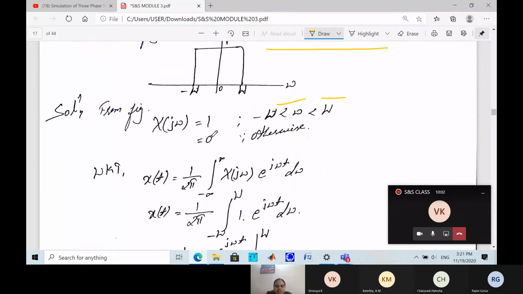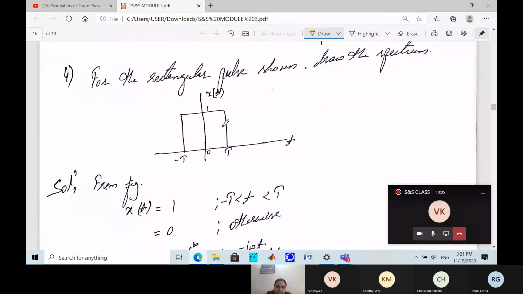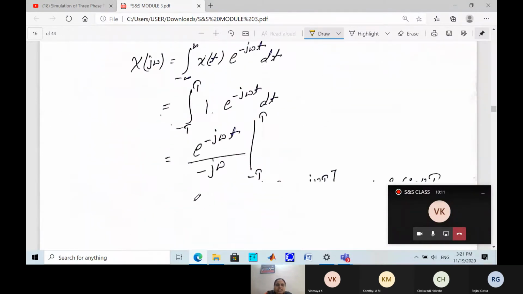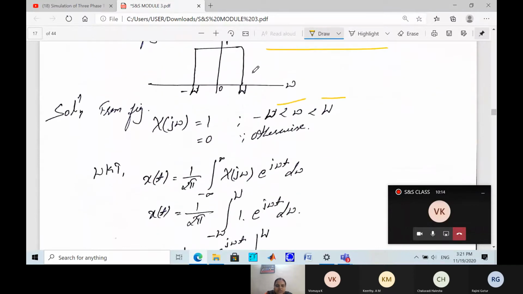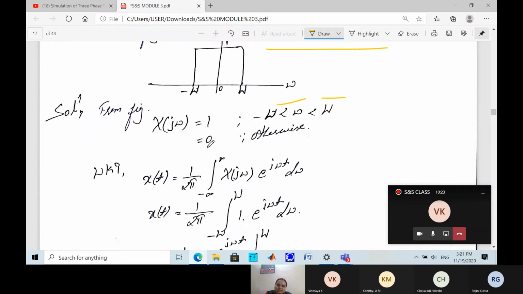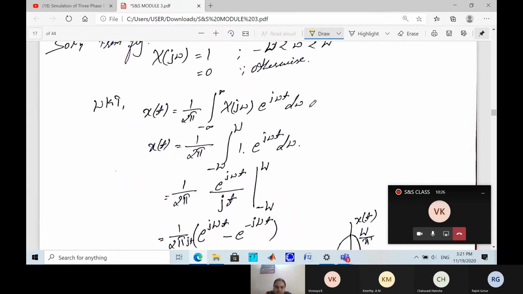In the previous case, the equation we used was given in terms of time, and we wanted the output in terms of frequency. But in this case they have given it in terms of frequency, which means we have to find the time signal. Observe here, they are asking to find the time domain signal. For that reason we have to use this equation: x of t is equal to 1 divided by 2 pi, integration from minus infinity to plus infinity, x of j omega into e raised to j omega t d omega. I hope you are getting the difference between the previous problem and this problem.